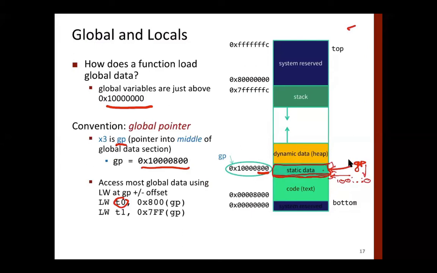So there is a global pointer which is in the middle of static data, and all the variables we are storing here start with address 1000, basically the beginning of the static area. So now the first variable we want to read from there, the first data item.